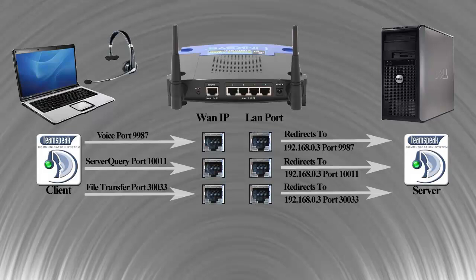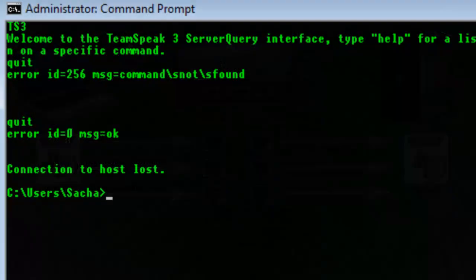If the port is not forwarding from your router to the computer correctly, you'll get a message, "Could not open connection to host." If you try port 9987, it will show as not open, but that's normal. Assuming you set up each of the port forwarding rules the same, each one should work if this one did. If you try port 30033, it will show a blinking cursor if it's open.